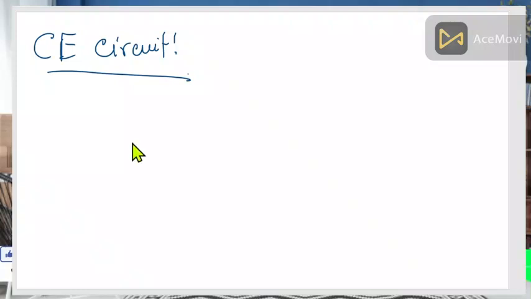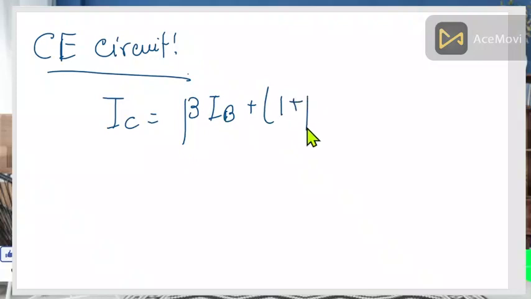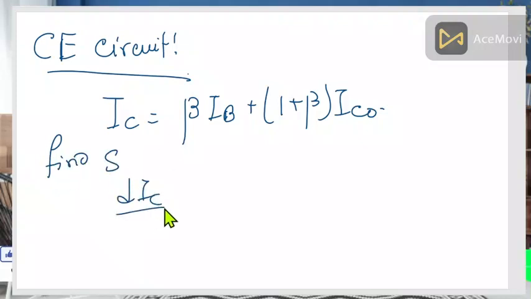Now in the CE circuit, the collector current IC is this same equation, beta IB plus 1 plus beta ICO. If you are asked to find S, how will you find? We have dIC by dICO,